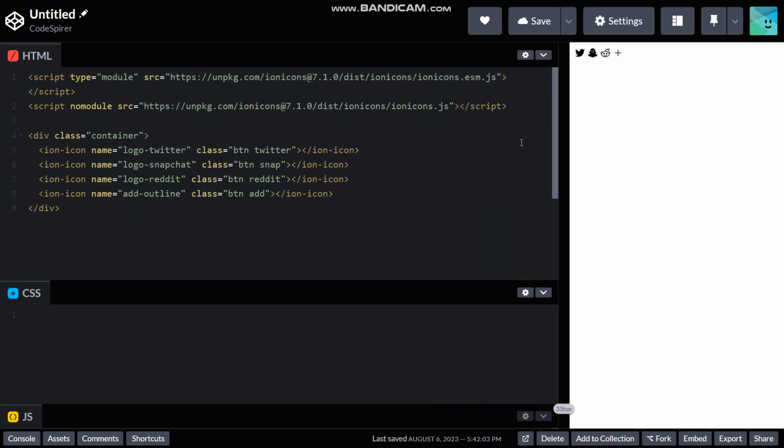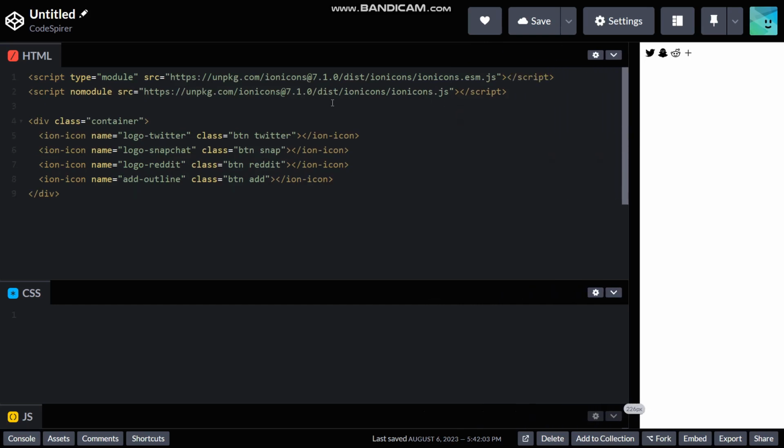And I will explain to you what this does. Basically the script tag is something called a CDN. So instead of storing all these icons in your computer locally, it is streaming from a server. So it's streaming via online, and you can get these logos from a website called